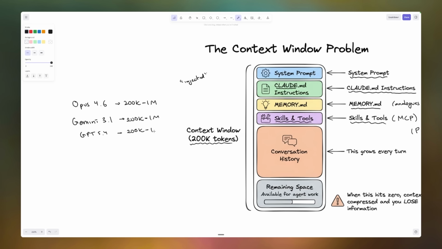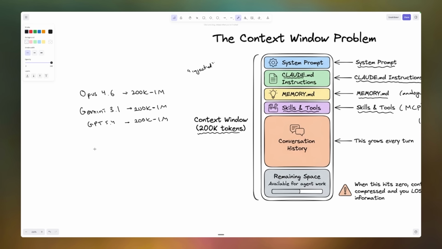You know, most models nowadays have somewhere in the realm of between 200K to 1 million. And to be clear, a token is not a word. A token is about 0.7 words. So if you think about it in that vein, these 200K tokens sort of equate to somewhere between like 140,000 words to about 700,000 words.